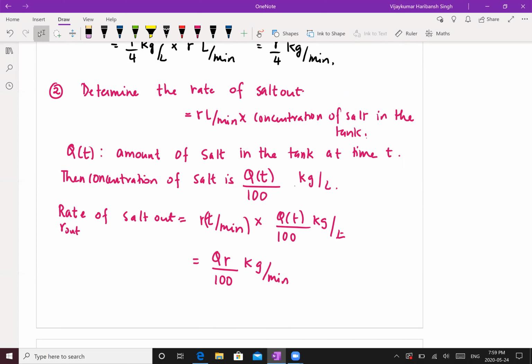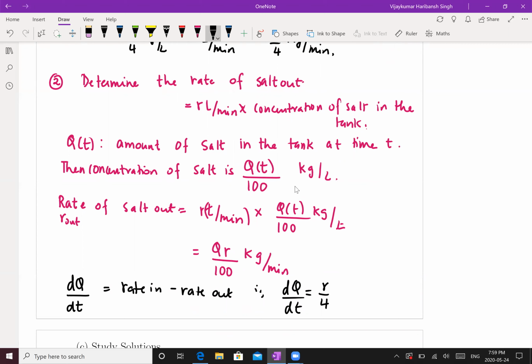So therefore the required differential equation is dQ by dt. The rate of change of salt in kilograms with respect to time is rate in minus rate out. That is the same as saying dQ by dt equals, rate in is R by 4, I will not write the units, minus QR by 100,